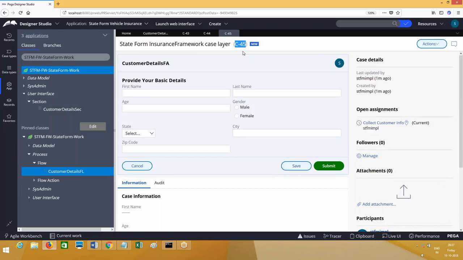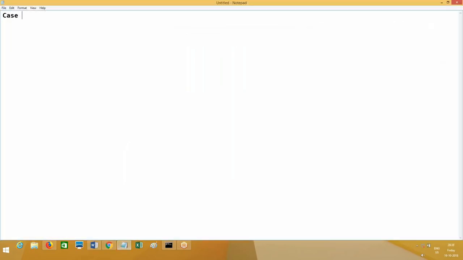When we run a flow, case processing is initiated, a case is created, and the case has a unique ID, let's say C-123. For the term case, we have another technical term, that is called work object. Case ID is called work object ID.